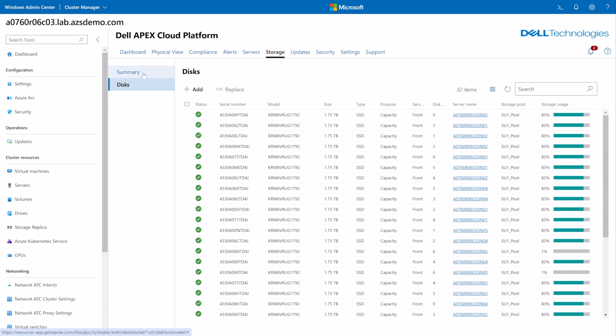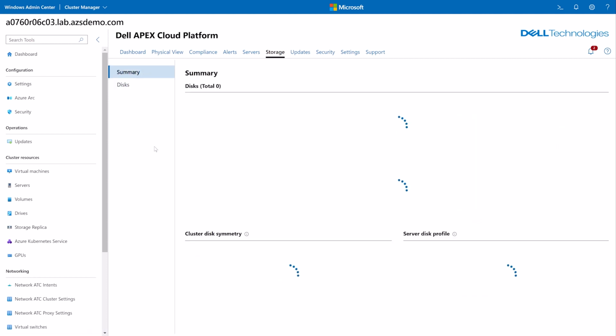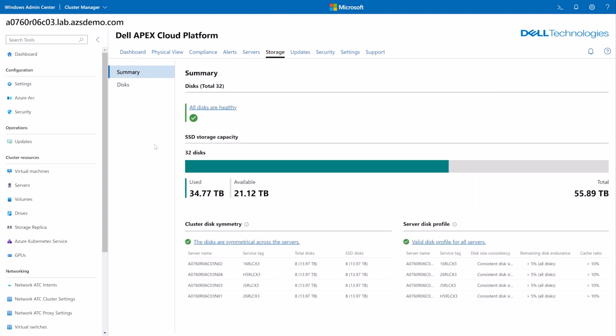When I go back to the summary page, I see my new amount of available space in the storage pool, and I can see my disk symmetry information updated to reflect the newly added disks.